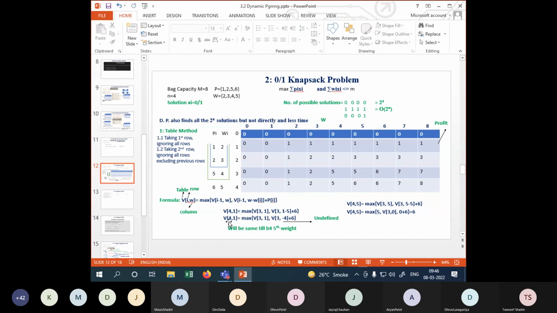अब इसको सॉल्व करके हमें क्या मिलेगा, V 4 comma 1 is equal to max V 3 comma 1, V, this will be 3 and this will be minus 4, है ना। और अगर आप टेबल में देखोगे there is no such location, -4 तो बिल्कुल भी नहीं है, so it is an undefined symbol and we ignore it, है ना। जब ये अनडिफाइंड है तो हम इग्नोर करते हैं, तो इसका मतलब है v4 comma 1 जो है that will be already v3 comma 1 because this whole term will be ignored here, yes, 3 comma 1, that is 0, so you will put 0 here, हाँ, मैक्स तो अब रहा नहीं, एक ही टर्म है क्योंकि वो इनवैलिड हो गई।